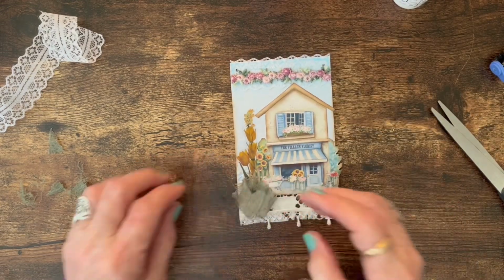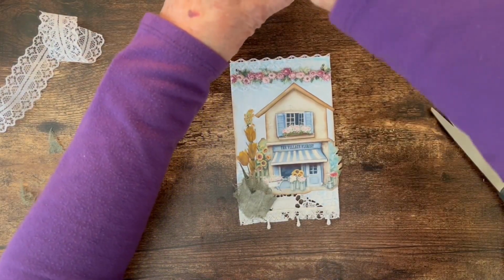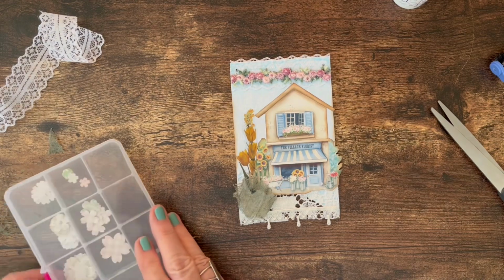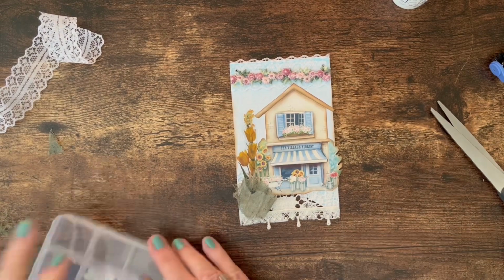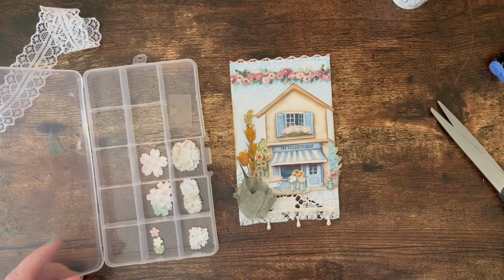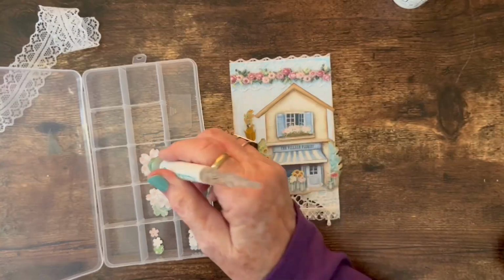Now, one thing I've been doing with leftover papers is using die cuts and hole punches and things to use up the background paper. I have 3 hole punches that are 3 different sizes of flowers, and I have already punched the 3 sizes of flowers in other papers that I had of the same designer. And so what I'm going to do is just place these